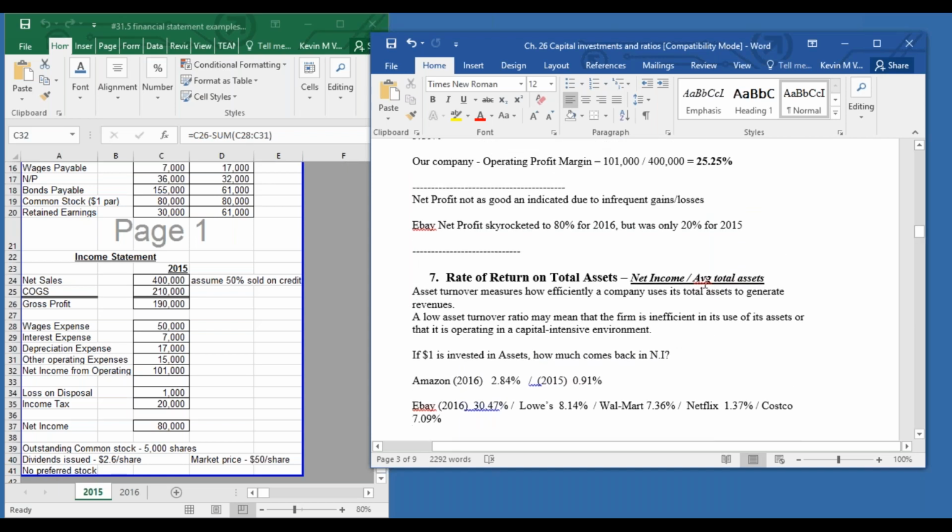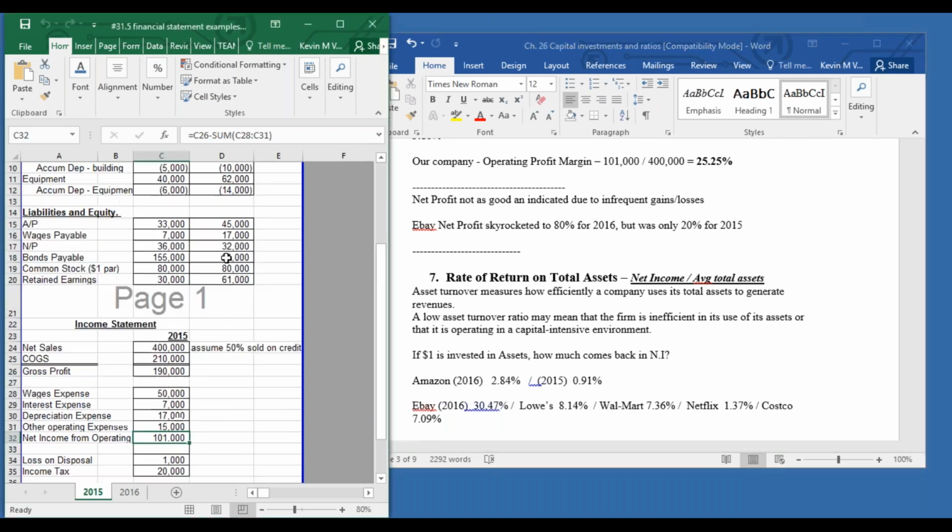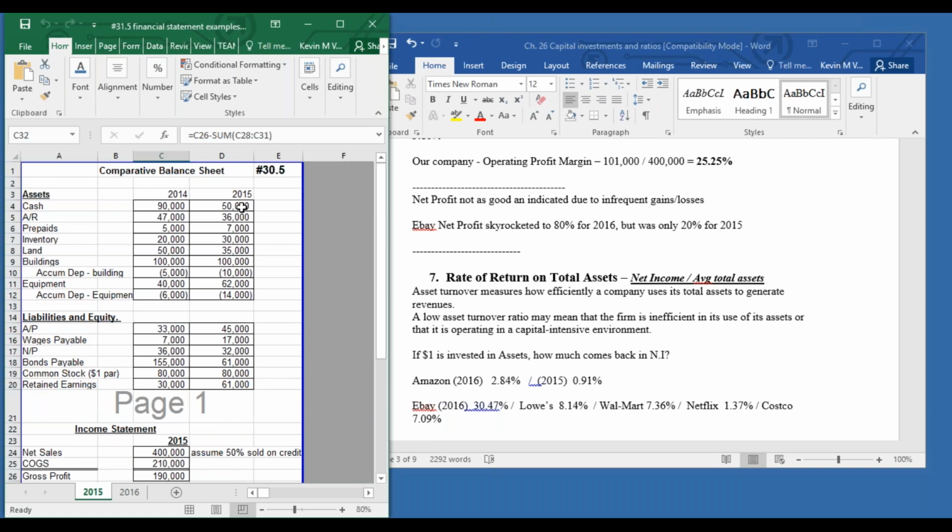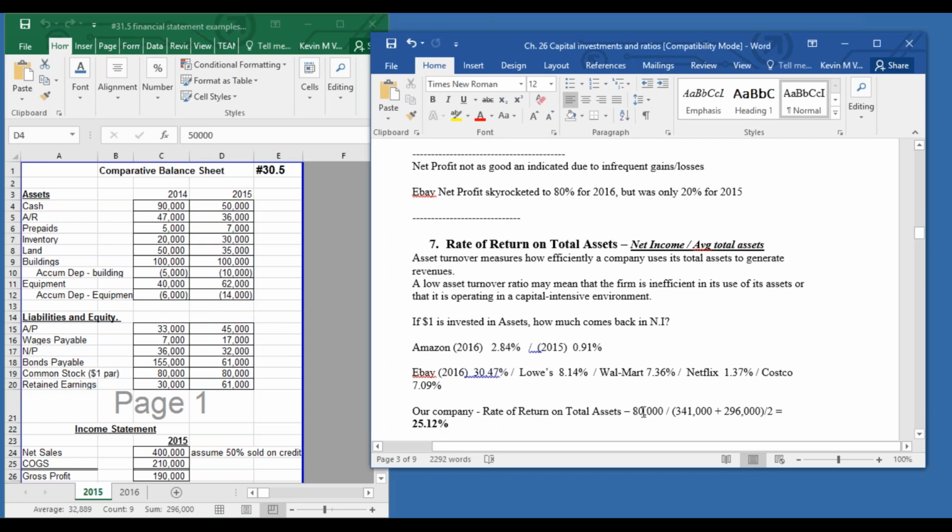Now go ahead and do that for our company. Look at our actual net income and divide it by our average total assets. The hardest part with this one is to add up our total assets. I don't actually give it to you. So you would need to go through for 2015 and add up everything in the asset column. That would be the piece that would take you the longest. Of course, subtract out our accumulated depreciation. When you do all that, you should get 80